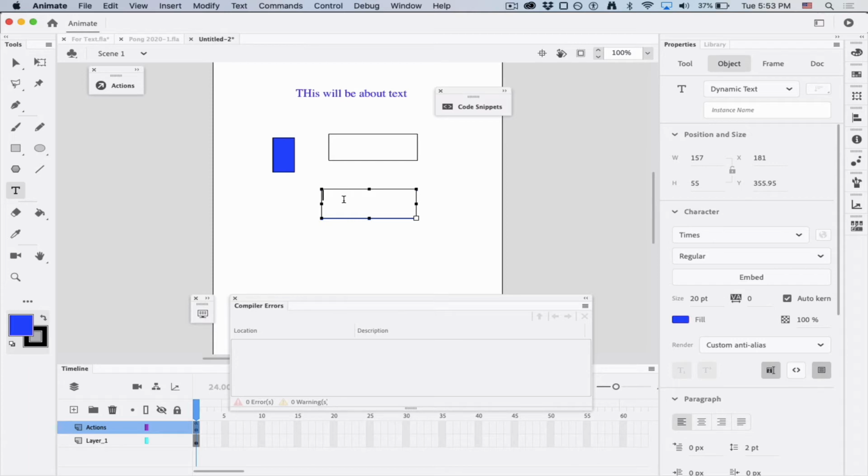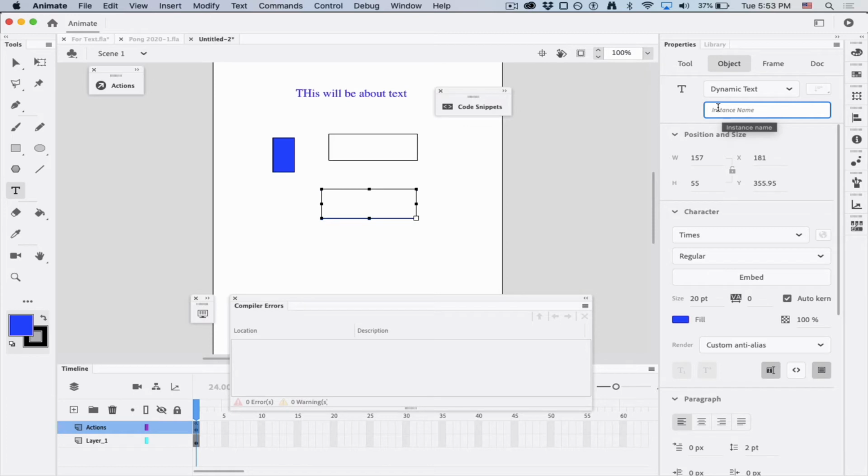All right, so I'll need to be able to refer to this in the code. This text will have an instance name. This you can do without doing that whatever type X is assigned new whatever type, that we did when we were doing the ball and the paddle back on frame 1. I think you know what I'm talking about. You can make a text box without any worry this way. And the reason why, very quickly, is because we're not doing anything with this. We're not changing the size. We're not changing the font. The code is not changing anything about this. So we can just use this as an instance of a dynamic text box,